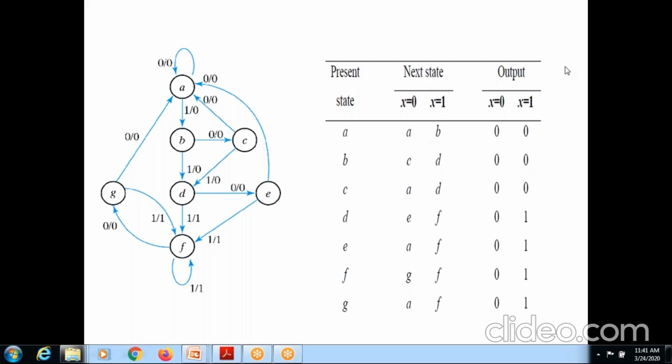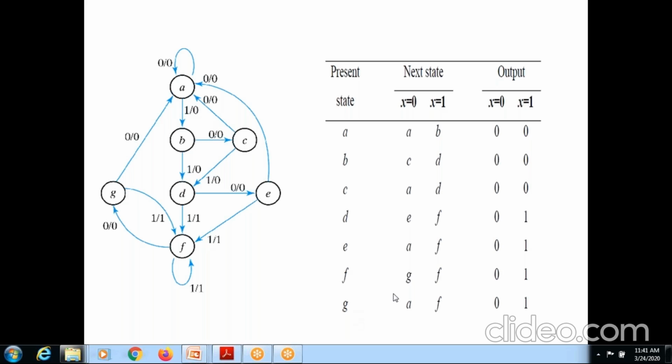How to see the next state and the output. Whenever the next state and the outputs are equal, then you can club those two states together. For example, in this particular state table, if you see A, F is available here, A, F is also available here. And if you see the output 0, 1 is available here, 0, 1 is available here. So I can club these two states together.